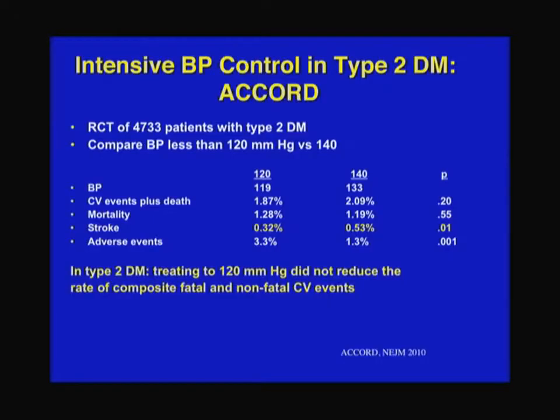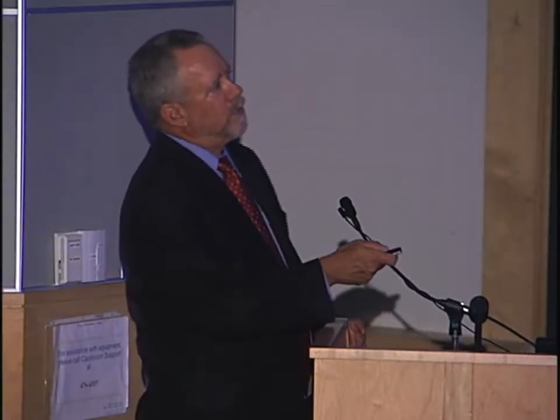One recent study that questioned this just came out this year and compared blood pressure targets. Usually we try to get the blood pressure in average patients with high blood pressure to less than 140. But for diabetes, the earliest slide said less than 130. So this was a study that tried to compare less than 120 with less than 140.